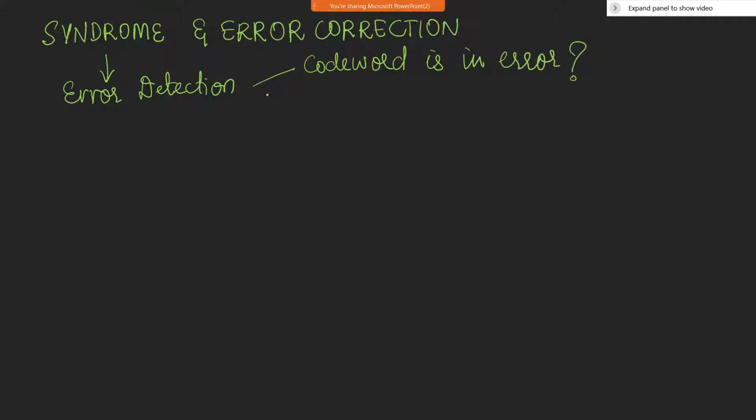It will answer this question, and it will also give us the position of error, that is, within a code word vector where the error has occurred. So the syndrome will help us with these two questions,